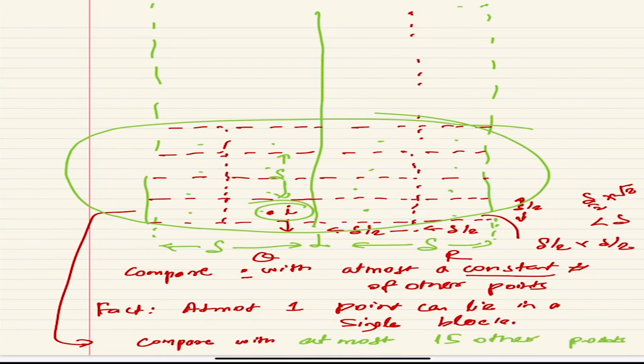So I have to compare it with at most 15 other points, and I'm done, because as soon as a point comes beyond this grid, I know the distance is anyway going to be larger than the straight distance, that is always 3 delta by 2. Actually I could have even removed this one, but let's say I keep it. I'm just playing totally safe. So once a point goes beyond this grid, I don't have to compare with it. That means any point I have to compare with at most 15 other points. Yes, I'm done.